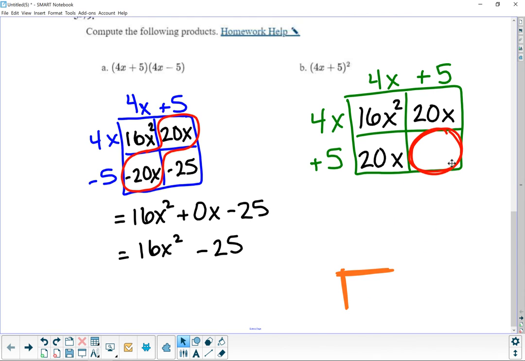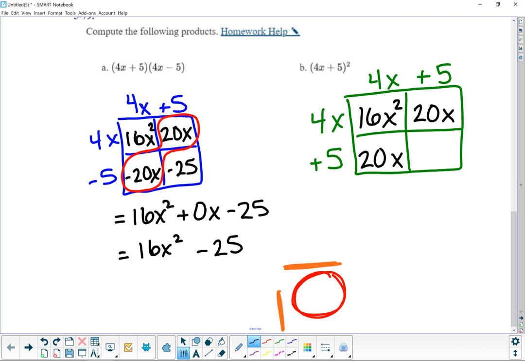Okay, this one right here, we want the width times the length. Okay, the width is 5, the length is 5, so 5 times 5 is 25. So my answer is 25. So finale,